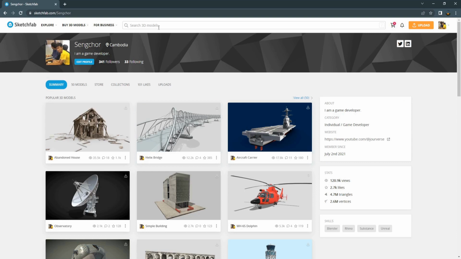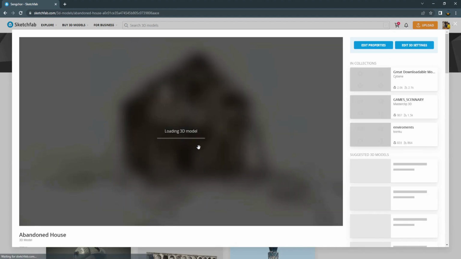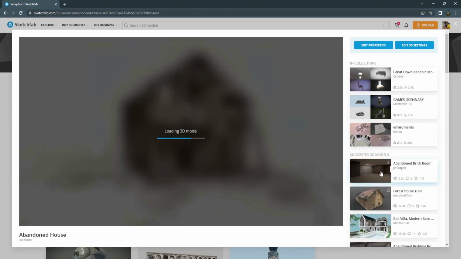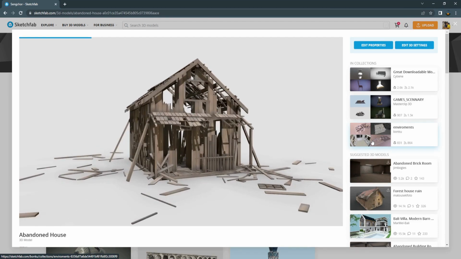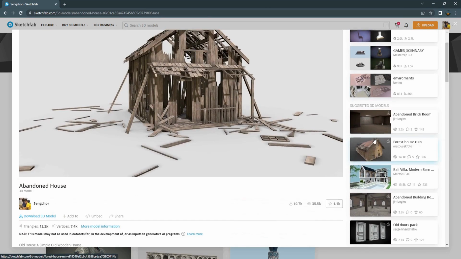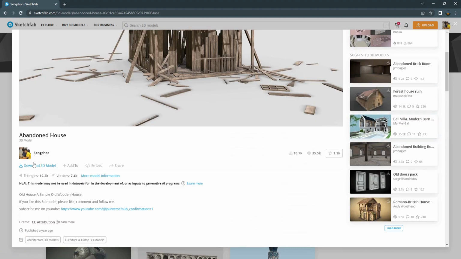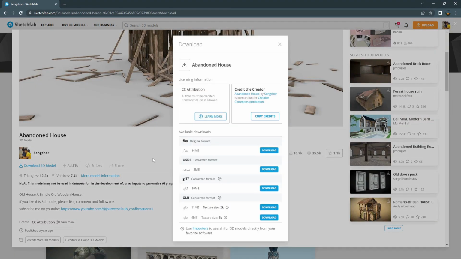And go to Sketchfab to download our abandoned house. You can search for it, and this is my 3D model, so you can download it for free. Just click download 3D model and download as FBX and click download.